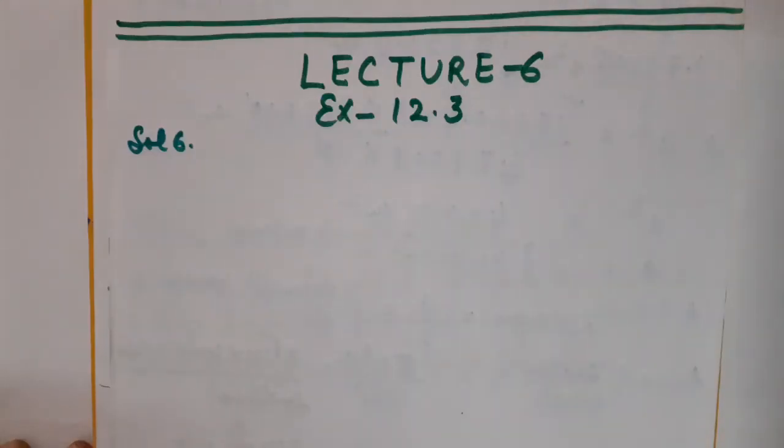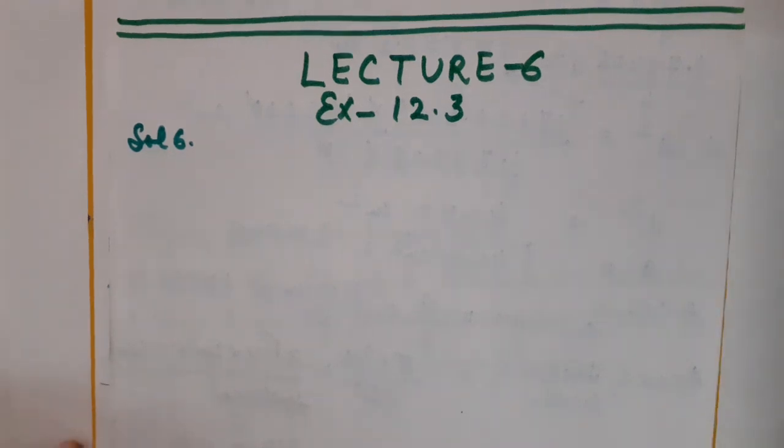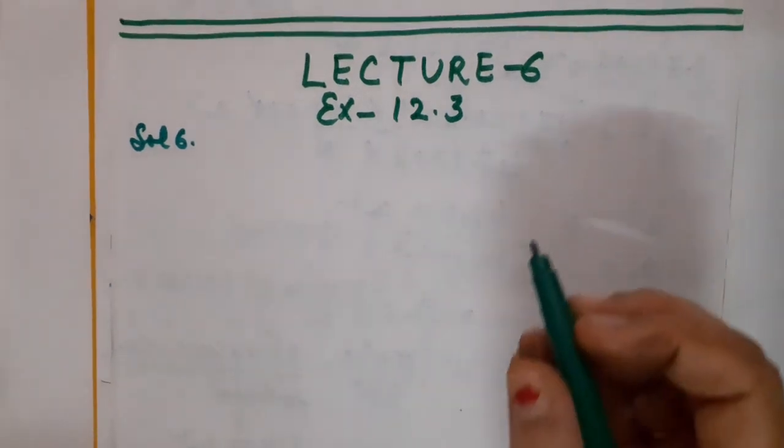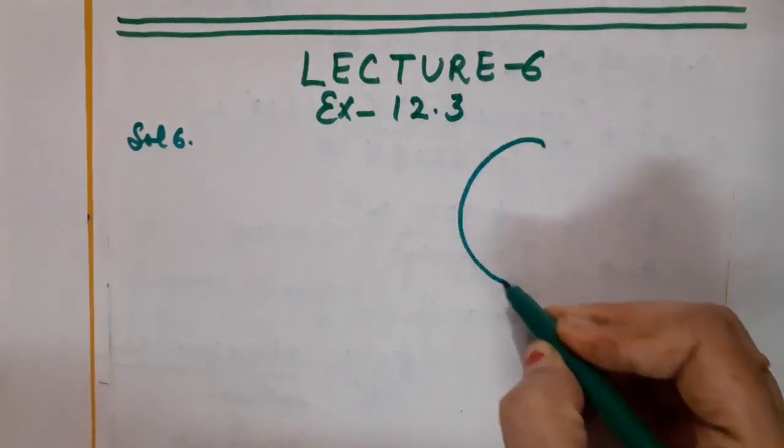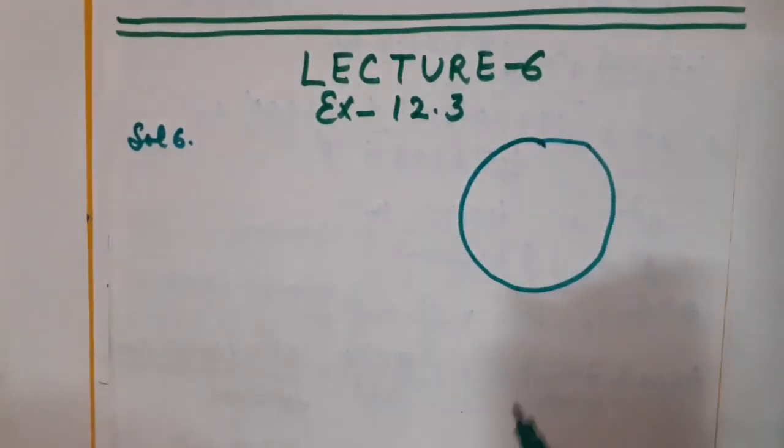Children, as I told you, for explaining this exercise, I will be moving from simple to complex questions. Okay. So now I am going to take the remaining questions which are a little bit complex. So please be alert. This is question number 6. In a circular table cover of radius 32 centimeter. So first of all, I am going to make a big circular table cover. The radius is given, that is 32 centimeter.